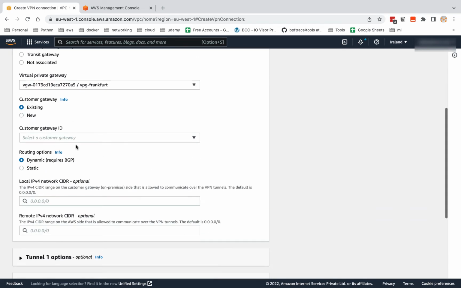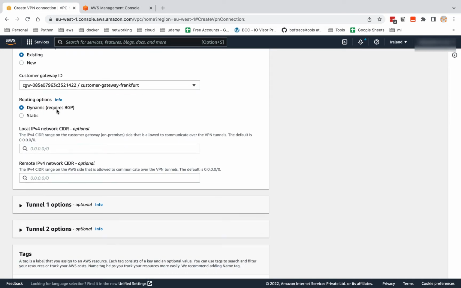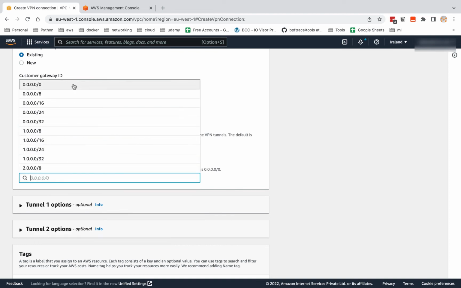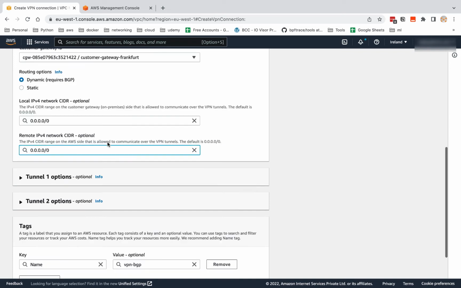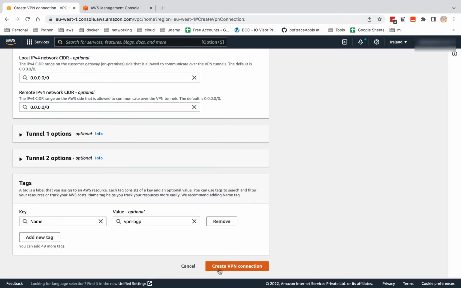This is my virtual gateway. This is my customer ID. I require dynamic, and I'll say my left subnet is 0 and right subnet is 0. If you don't give this, then the problem I have observed is BGP is not getting established. So